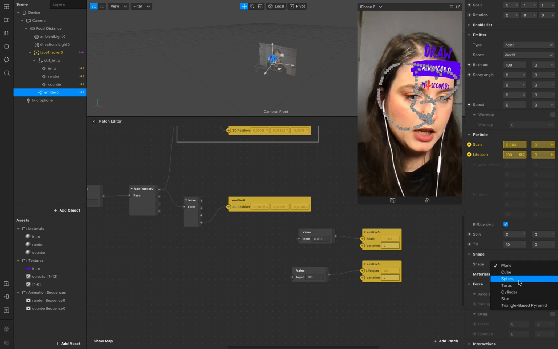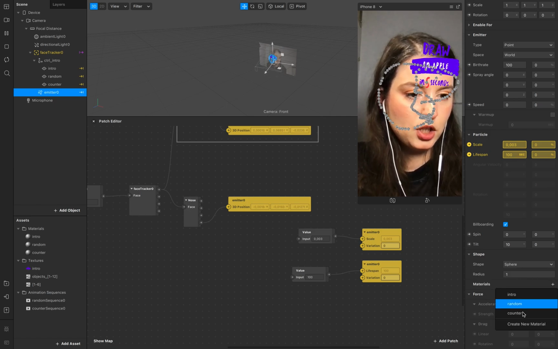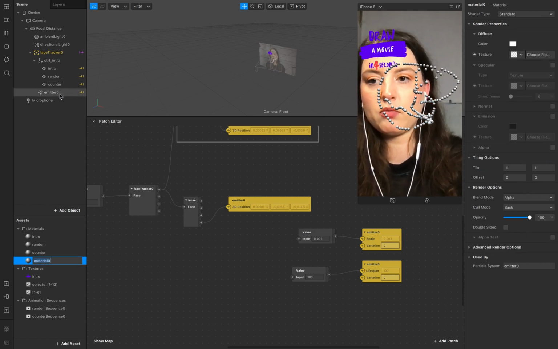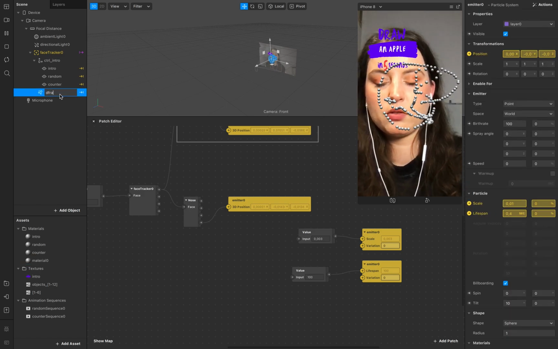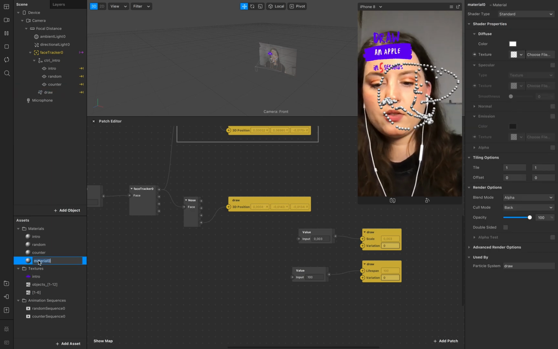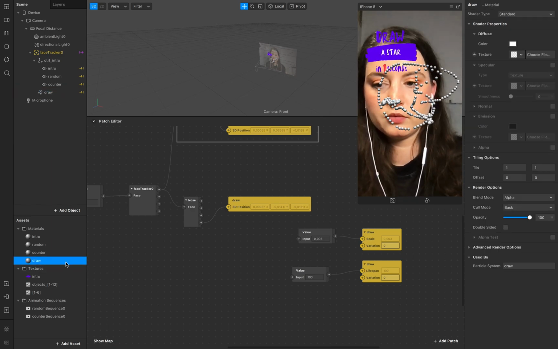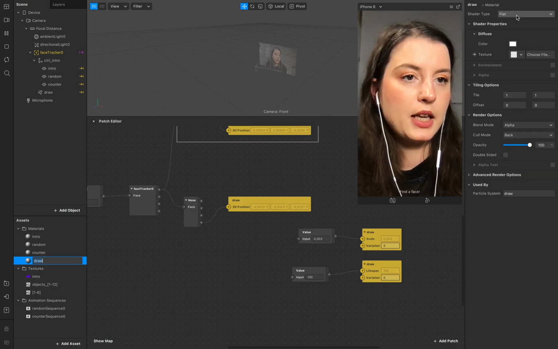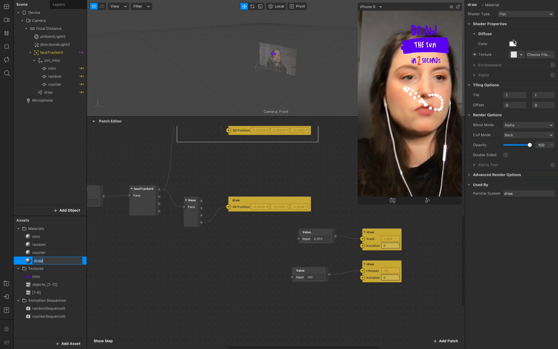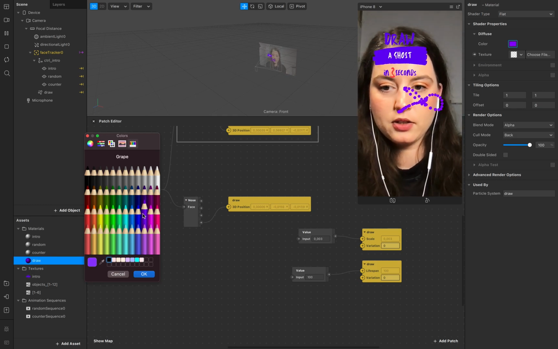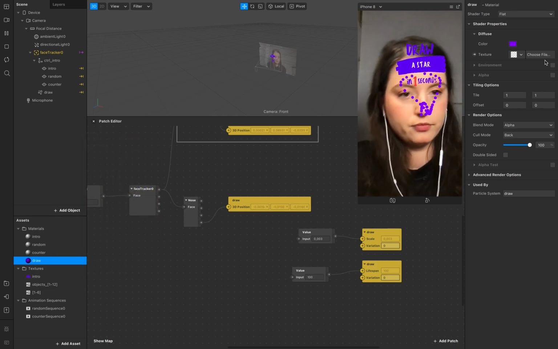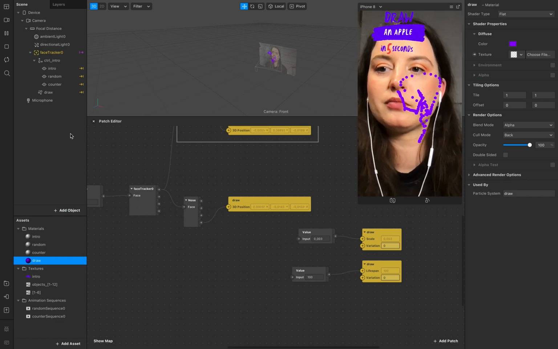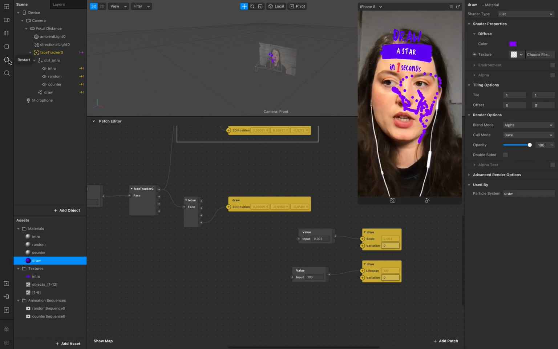Shape is a sphere, and material, create a new material. I'll call this one draw, and also draw. Okay, from standard to flat. If you like a color, looks perfect so far. And now we create